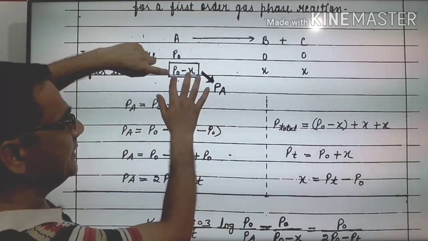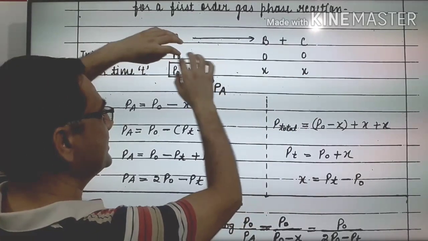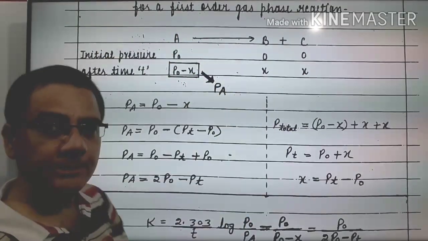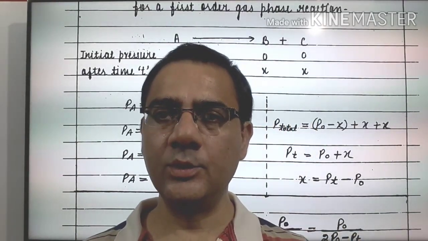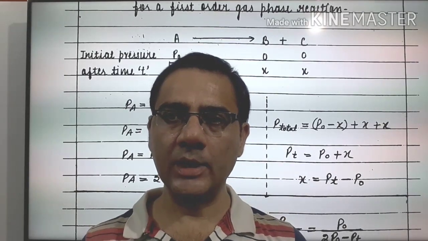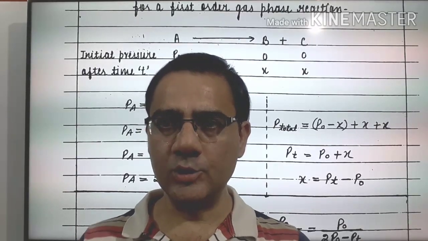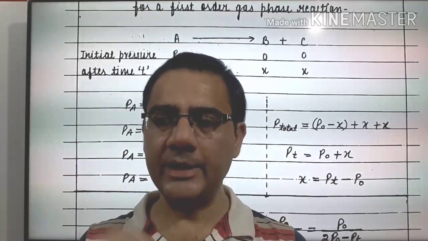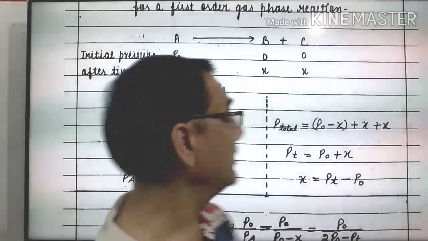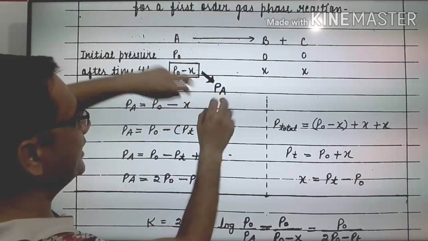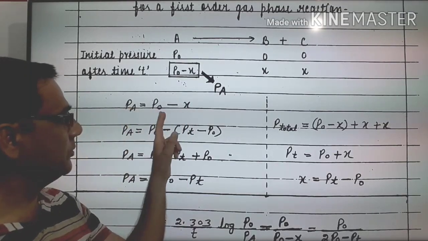So this P initial minus x, that is the left part after time t, and this is the product formed. This left part can also be written as PA, क्योंकि हम लोगों ने एक फार्मूला पढ़ा था फर्स्ट ऑर्डर का, and that is K is equal to 2.303 upon T log A initial upon A. जो A initial है यहाँ पर हम लेंगे P initial, और जो नीचे को हम लोग A लेते थे इन स्क्वायर ब्रैकेट A, उसको हम सिंपली लेंगे PA, क्योंकि वो था कंसंट्रेशन और ये है प्रेशर. तो हमारा एक्सप्रेशन इसको हम लोग लिखेंगे PA. तो PA को इक्वेट करेंगे P initial minus x. We will equate it. PA is equal to P initial minus x.